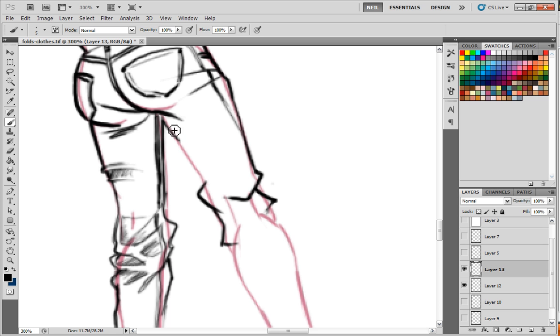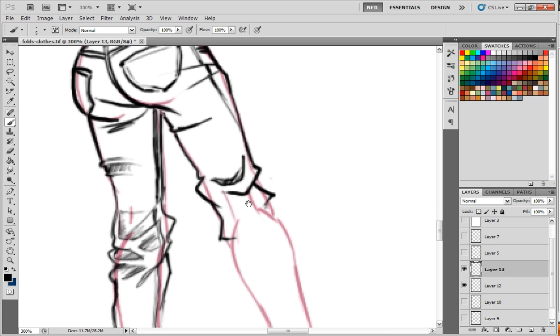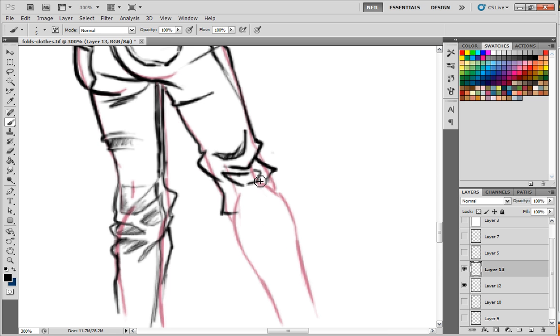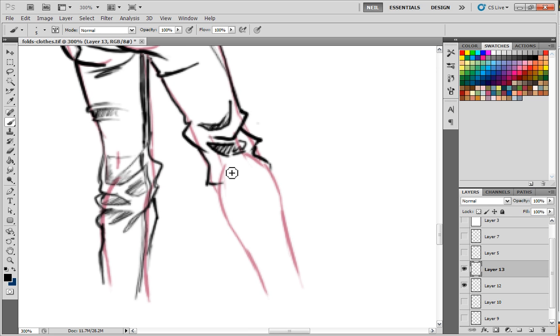And then I might have one kind of coming here like that, showing that it's really pulled tight. One little wrinkle there. Maybe that kind of shape in here. Let's see. The calf might pull a little bit where it's going to come down because of the calf. So I'll have one like that, and maybe,